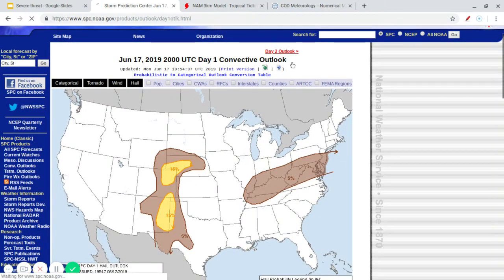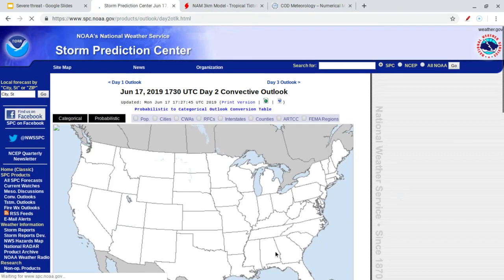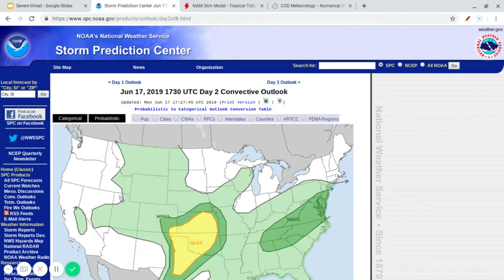But if we switch to day 2, which is from 12Z Tuesday to 12Z Wednesday, which is pretty much in Eastern Daylight Time, that's 8 a.m. to 8 a.m. the next morning. So that's what I use. So I pretty much use the same as SPC. I don't go from like 4Z to 5Z, like midnight to midnight. I don't do that. It's pretty much the same as what this does.